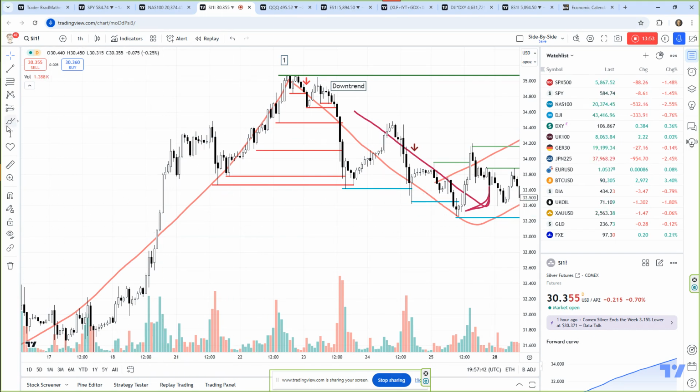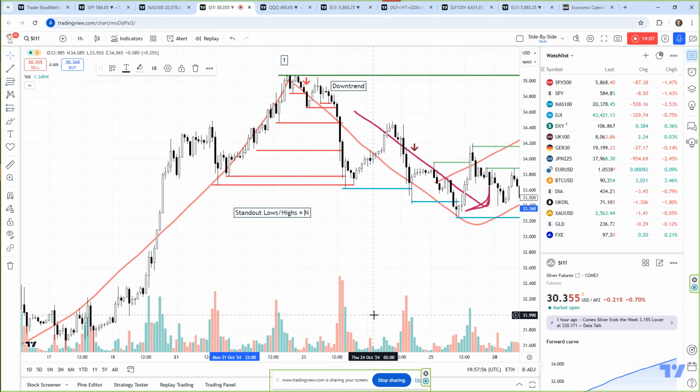So the general rule for standout lows equals or highs equals no price breach within 15 to 20 bars. So understand that what I'm really telling you there, guys, is that we want to look for a low that has not been touched recently. Unique,